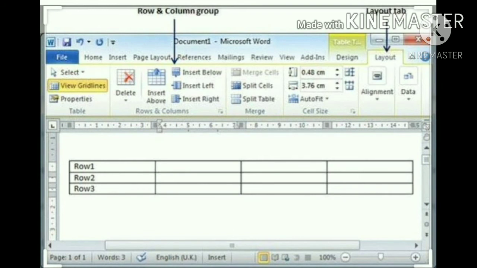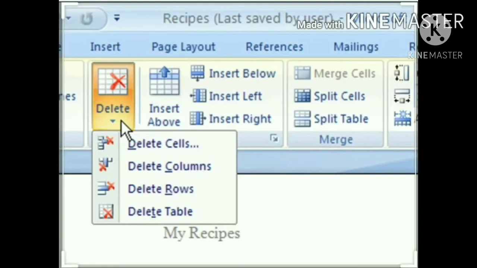page. How to delete rows and columns. You can delete rows and columns from a table by using the Layout tab. Deleting a row from a table. To delete a row from a table, follow the given steps. First one, place the cursor in the row or select the row by clicking the Select option from the Table group. Second, click the Layout tab. Third one, click Delete from the Rows and Columns group. A menu appears. Fourth one, click Delete Rows from it, then the entire row gets deleted.